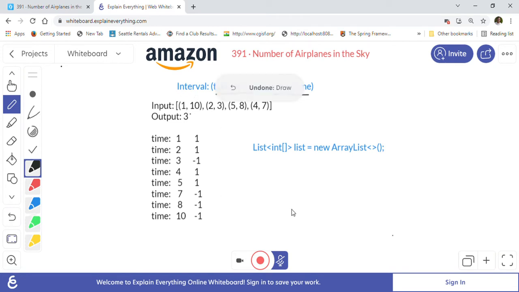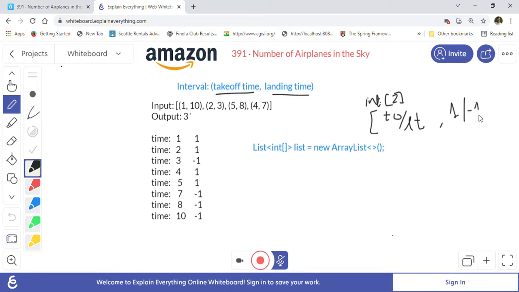So what we will do is create a list of integer arrays. Each integer array will have two elements. The first element will be either the takeoff time or the landing time, and the second element will be either 1 or -1.